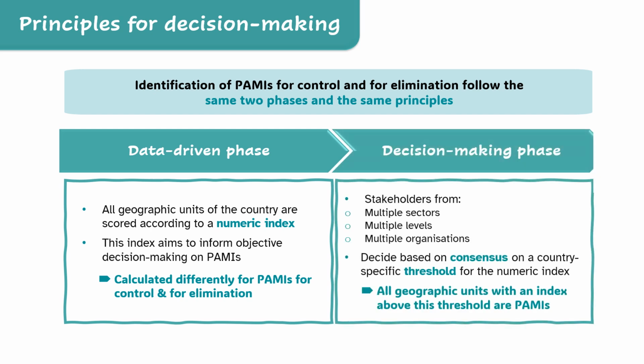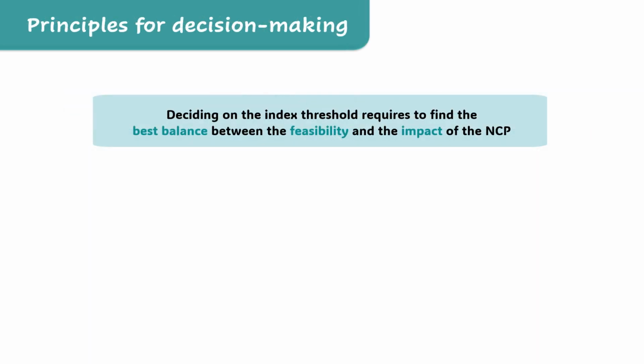The second phase is the actual decision-making phase on PAMI, based on consensus. At this phase, stakeholders from different sectors and representing multiple levels and multiple organizations decide in a participative manner and based on consensus on a threshold for the numeric index calculated at the first phase. All geographic units that have an index value above this threshold are PAMI. To decide on the index threshold, stakeholders must find the best balance between the feasibility and the public health impact